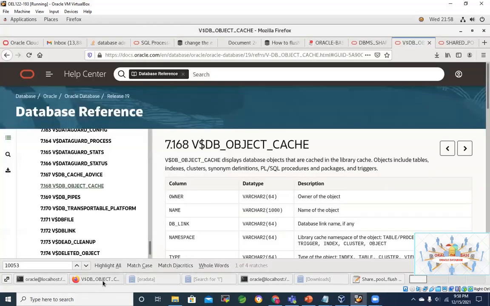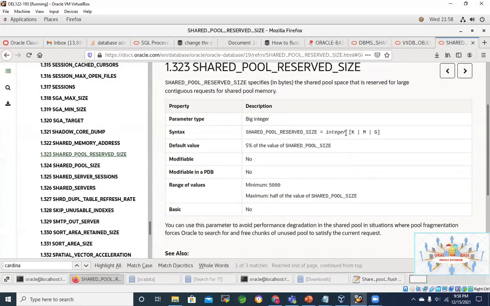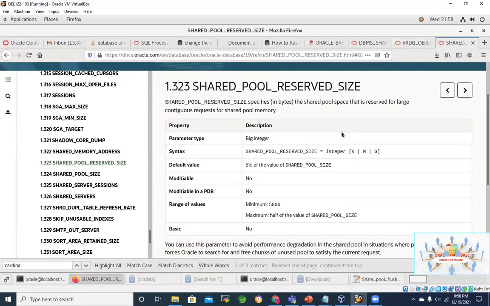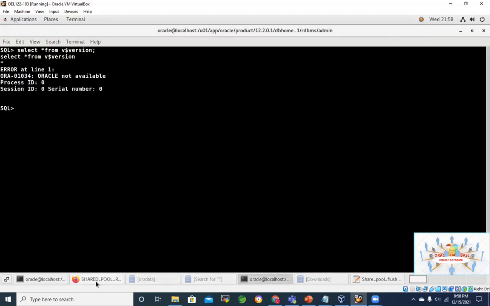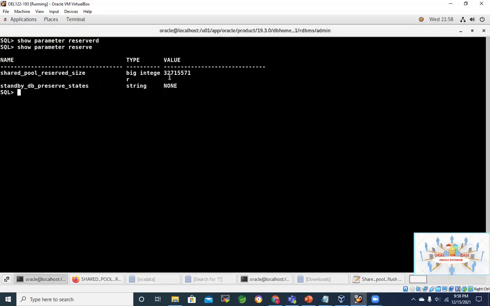I think last time also we went into that one. So this is the shared pool reserved size. It is in bytes. So in my case, around 32 MB is there. That is 5% of my current shared pool size because I am using automatic memory management. So that's how it is managed.